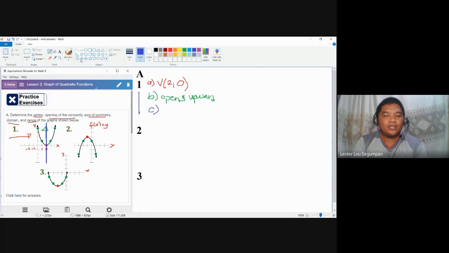It should be an equation, and since it's a vertical line, in your grade 8 you were able to understand that if it's a vertical line, it's actually x equal to something. If it's a horizontal line, it's y equal to something. Why is x equals something your vertical line? Because it is where it meets the x-axis. What is the value of x in the x-axis? It's actually passing through 2. So the axis of symmetry here is x equals 2.